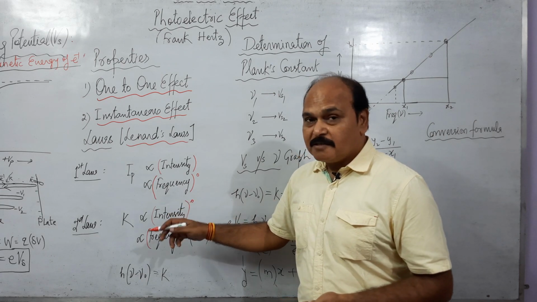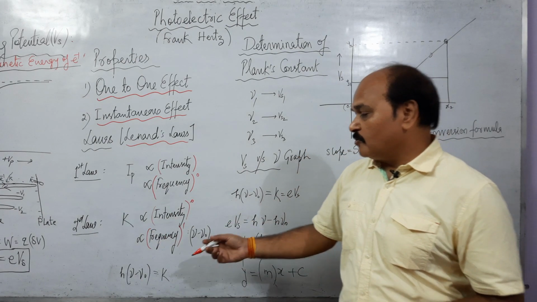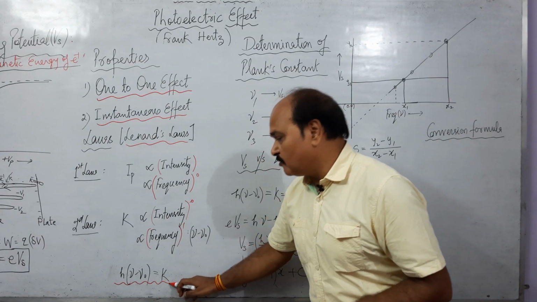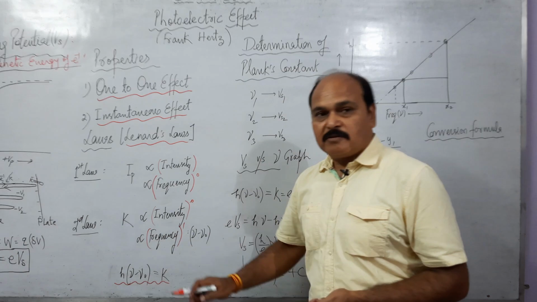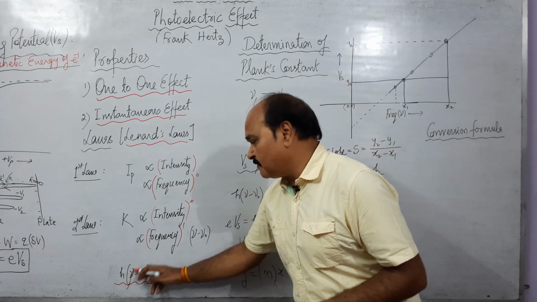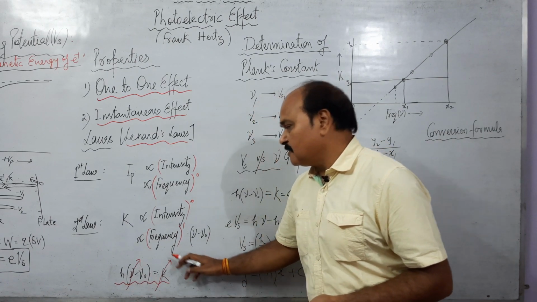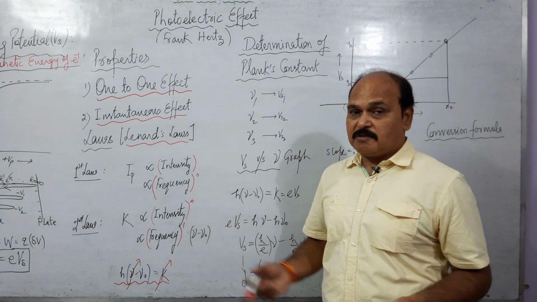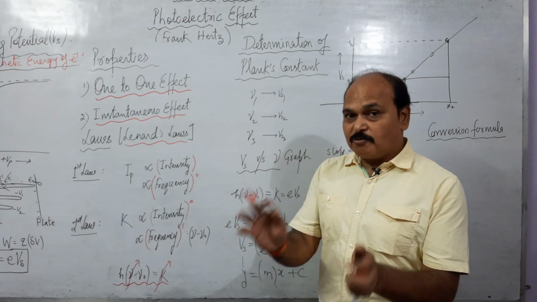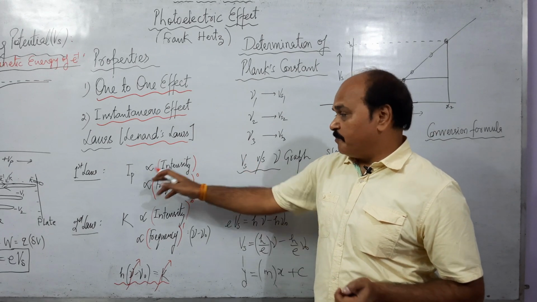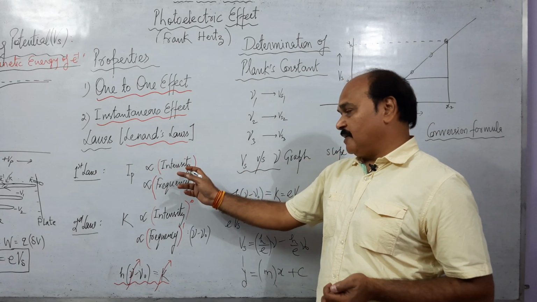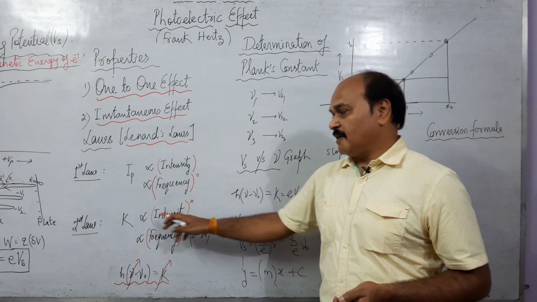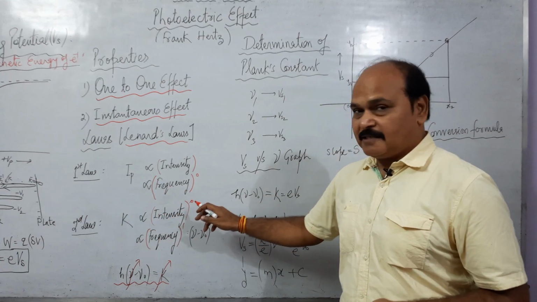This is the second law. And you know, one of Einstein's photoelectric equations is what? K is equal to h(nu minus nu naught). So what is this? As we increase the frequency, the kinetic energy increases, or kinetic energy is directly proportional to nu minus nu naught. It is directly proportional to frequency and it has nothing to do with intensity. Plate current is directly proportional to intensity. It has nothing to do with frequency, power 0, and kinetic energy has nothing to do with intensity.